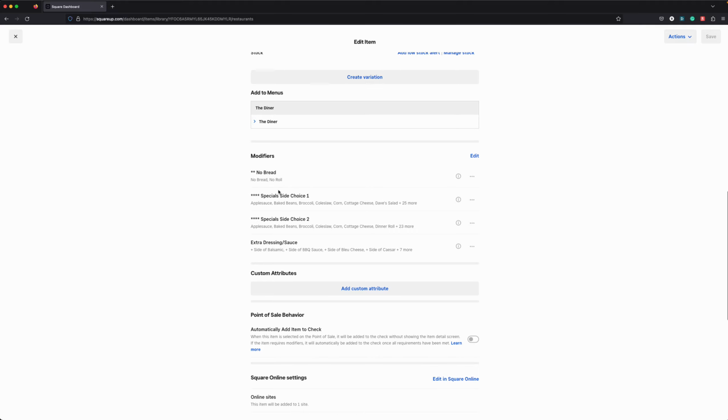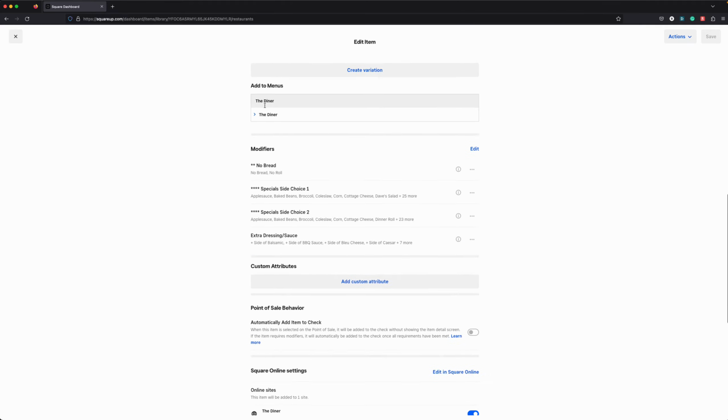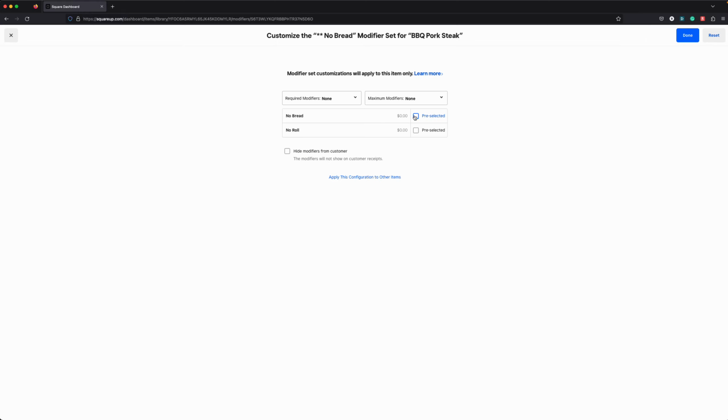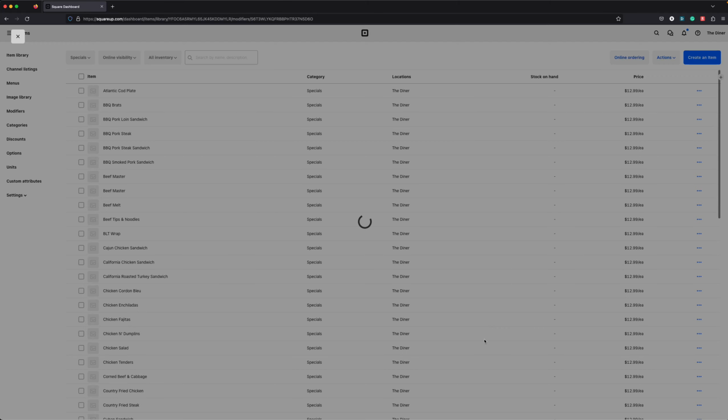But here are all my modifiers. I know that the pork steak is going to come served with bread. So I have an option to select no bread or no roll. Right now, the required modifiers are none, and the maximum modifiers are going to be updated to 1. So you don't have to select no bread, no roll. I can actually hide this modifier from the customer on the receipts. So if I hit save,